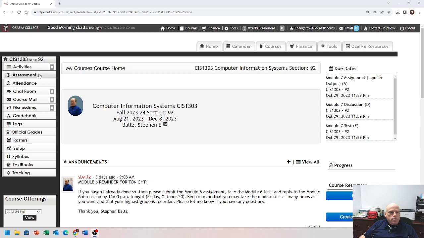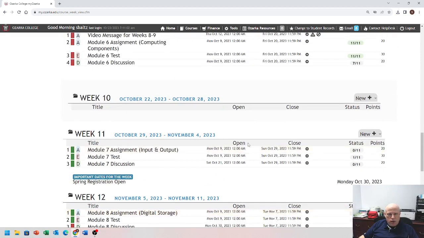Okay. All right. So that brings us to what we've got coming up due for our next set of activities. If we go to the activities page in MyOzarka, right now we're at the beginning of week 10 of the semester. You'll notice there's nothing due this week, but there is work due the first day of next week.